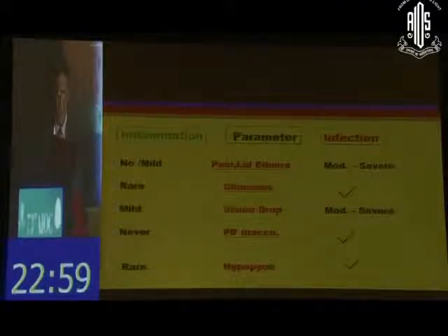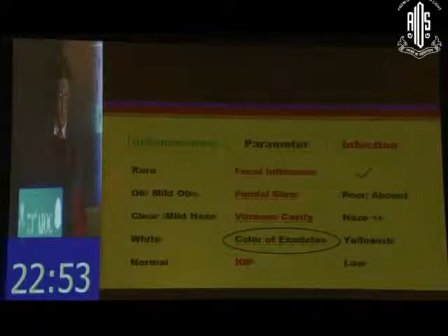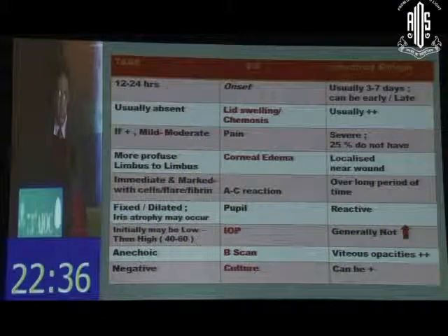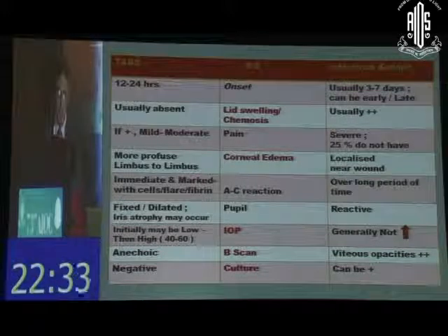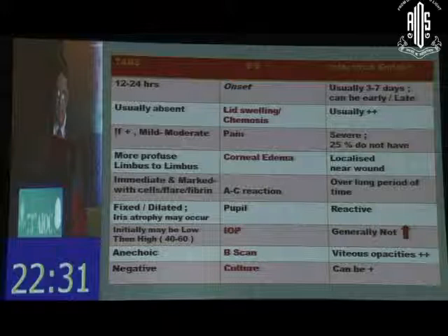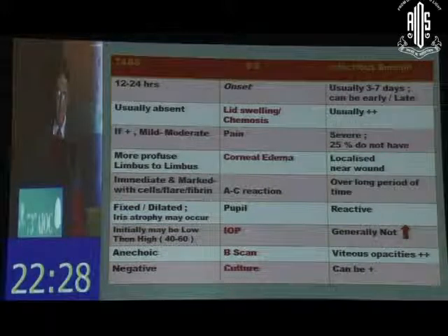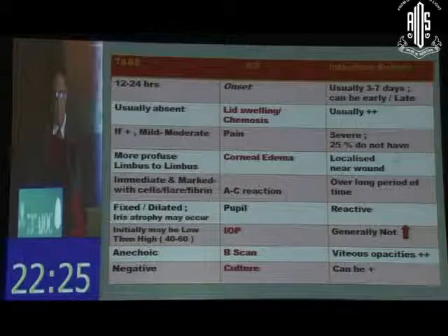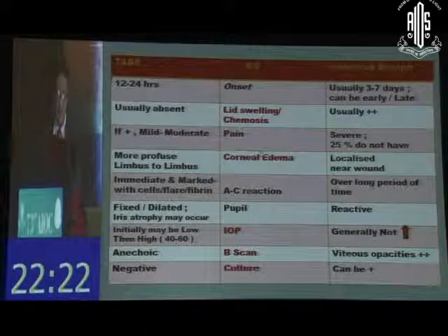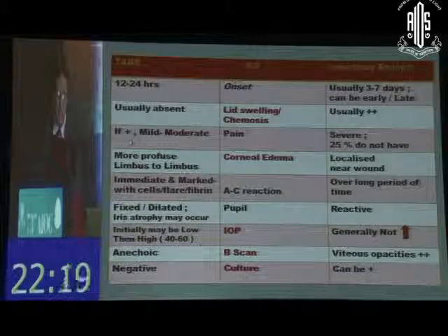Similarly, a drastic drop in vision to the level of PR inaccuracy will generally occur in infectious pathology. And I pay a lot of attention to whatever you see in the vitreous cavity. If it is whitish in color, the diagnosis tilts in favor of some inflammation going on in the vitreous cavity. Or if it is yellowish, then you think of infection. So these are the same features which are listed here: lid edema, chemosis, usually absent in TASS but present in infectious pathology. Pain may not be present in all patients of infection, but if it is present, it could be severe. Here the pain is very mild or not there.